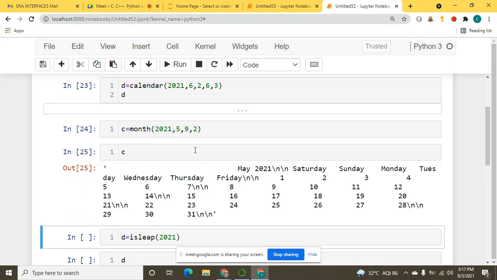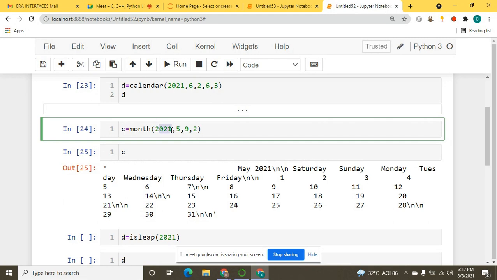When I execute that, you can see that in 2021 I want the fifth month, May. I said the width is 9 and length was 2. Length was 2, that's why I got 2 backslash n here.